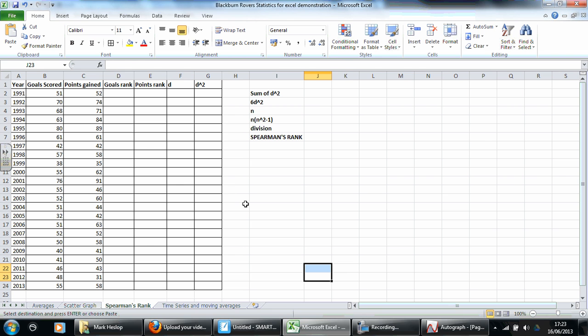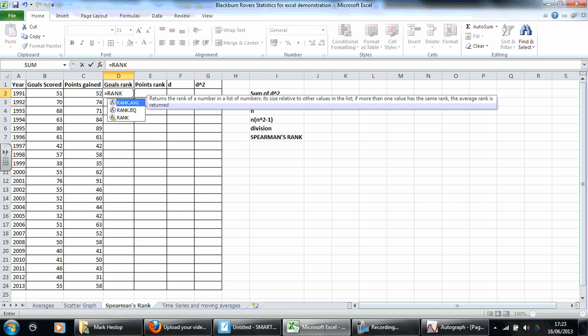Excel will still do a lot of the hard work for us, but I've added some columns to this table to help Excel help me work it out. First of all, I want to rank the goals in order. And again, I don't have to do that by hand, because that can be quite hard if there's lots of sets of data. Excel will do that for me. The function used there is a rank function. Put equals rank,